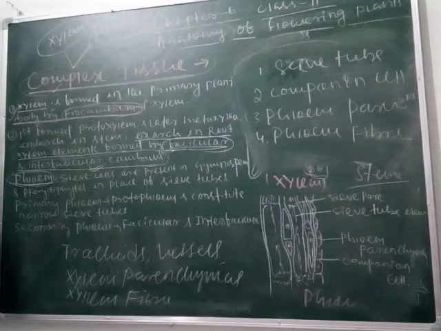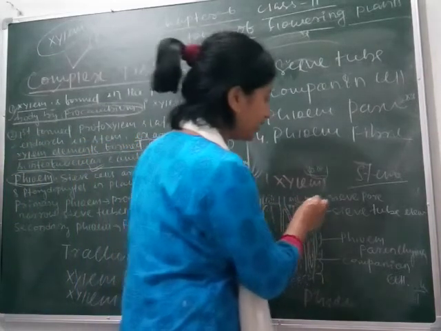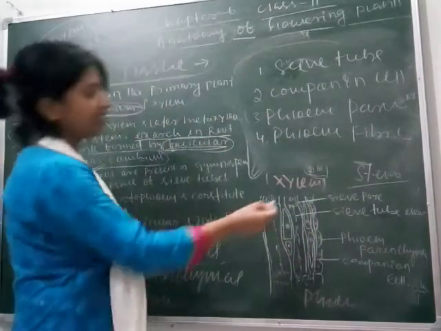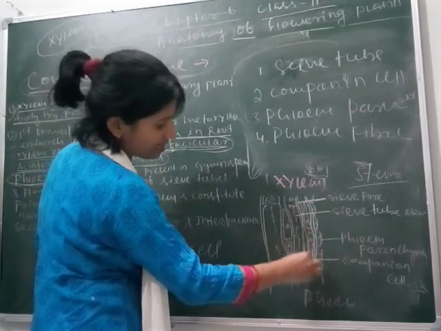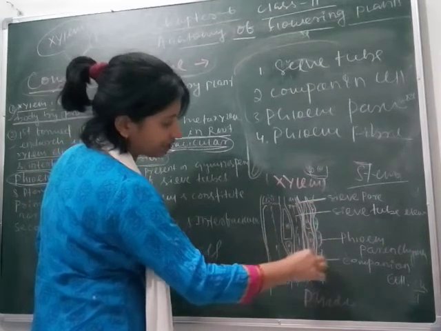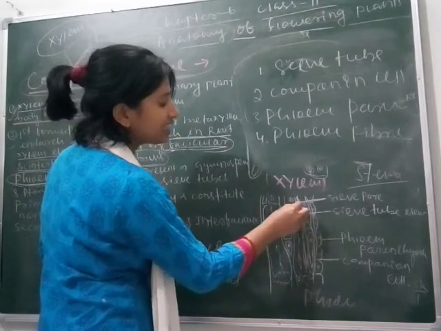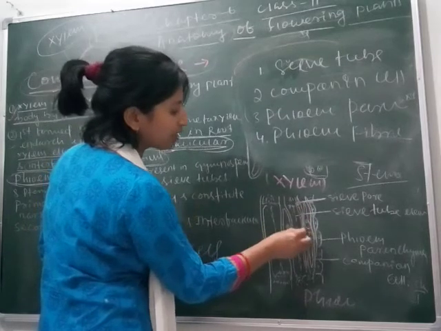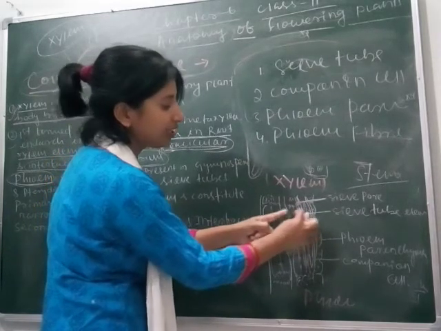Remember, sieve cells are also narrow and elongated. You can see the diagram here. Here is the sieve tube. See, this is narrow and elongated. This part shows your sieve tube. Clear? And inside the sieve tube, sieve pores are present through which the conduction, means transportation to the nearby part,